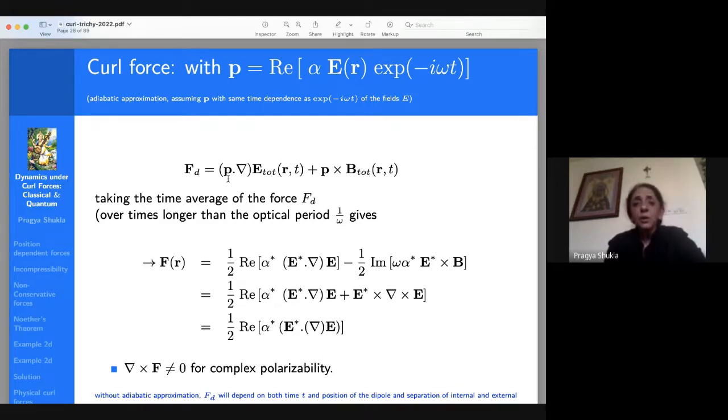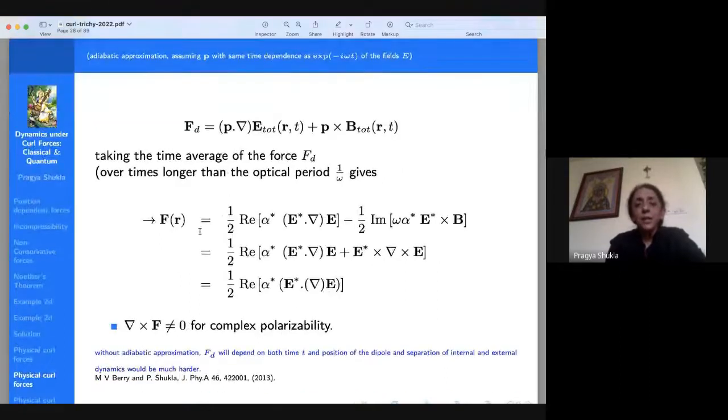So you can now consider an average force, where the averaging is over one time period of the electric field. It makes sense to calculate, over one oscillation of the electric field, what the force acting on the center of mass of the atom is. If you work that out, it comes out in this nice form where alpha star appears, which is the complex conjugate of alpha. Alpha was a complex number, and you find that del cross F